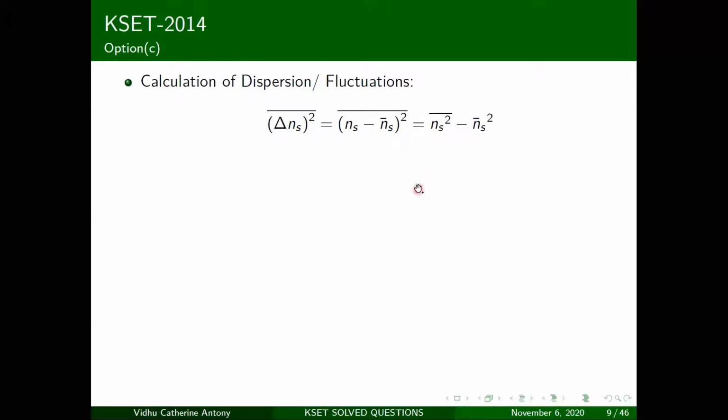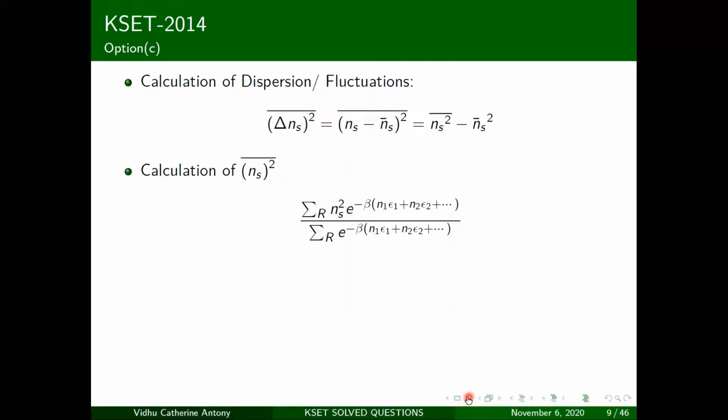Compare it with the x thing that I've done earlier, about 2 slides ago. Now you need to calculate ns squared bar. Okay, so now how do you do that? This is the basic definition of anything. So let's say you want to find out the mean value of some variable x. What do you do then? You take that x, multiply it with your p of, let's say, some r, and then divide by the sum of p of r, and you need to sum it all over. So you would sum it over here and you would sum it over here. That's exactly what you're doing here.